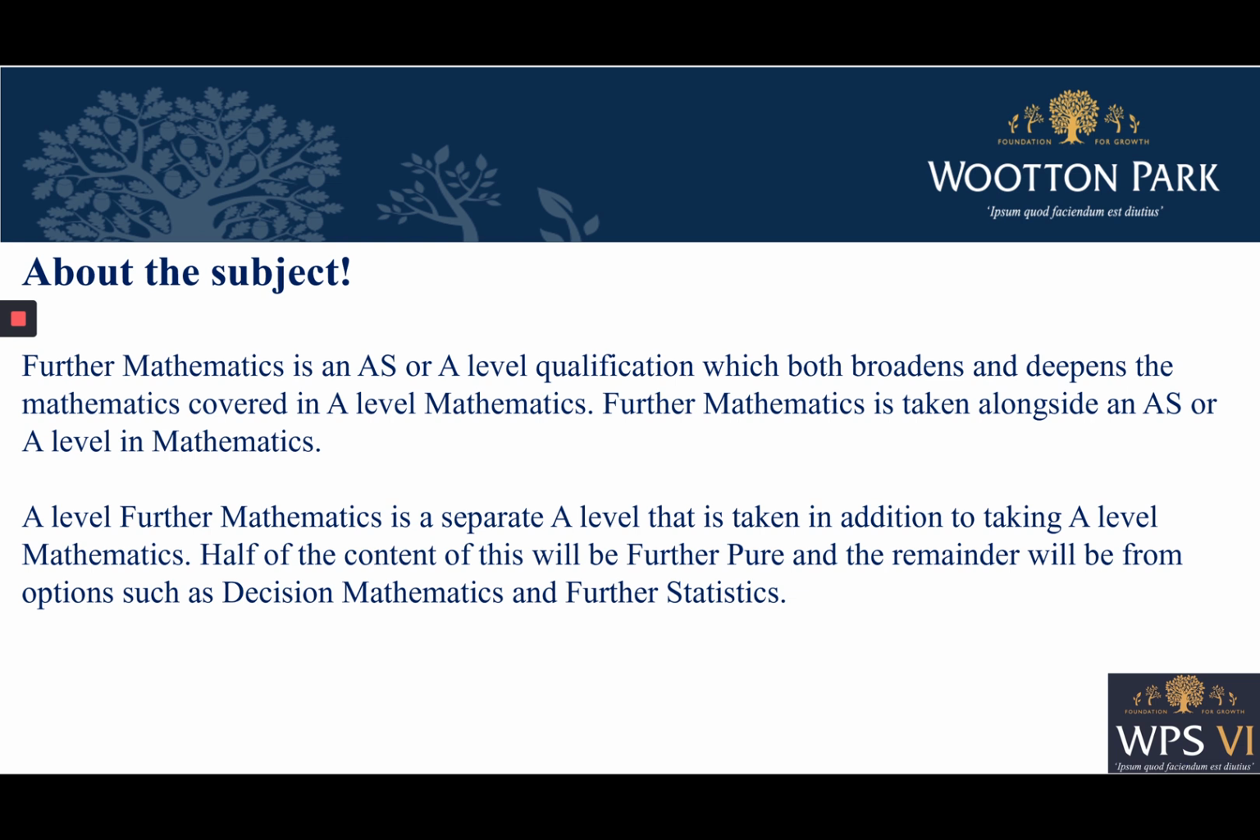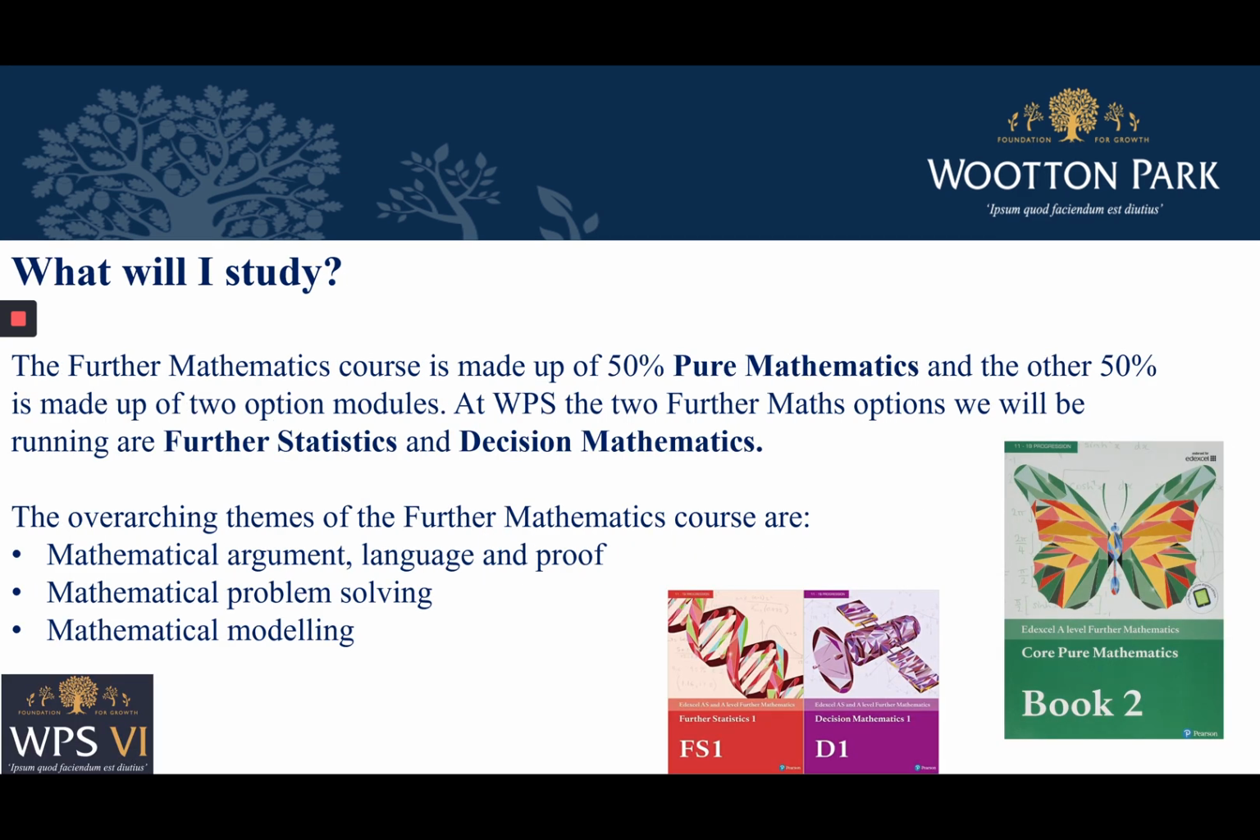Within the course, half of it will be further pure, so you'll learn pure maths in the A-level, and then we'll take that bit further within the A-level further maths. The remainder of it will be options such as decision maths and further statistics, and we'll talk about them in a bit more detail. So what will you study? Like I said, the course is made up of 50% pure mathematics and the other 50% is made up of two option modules. At Wootton Park School, these two option modules are going to be Further Statistics 1